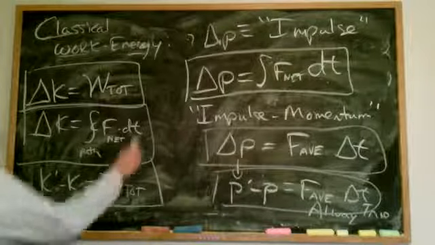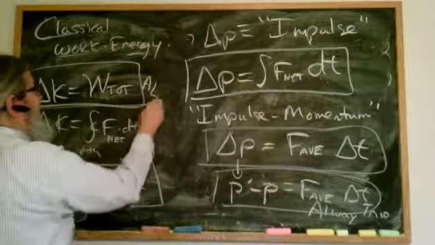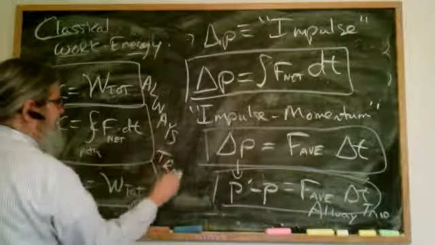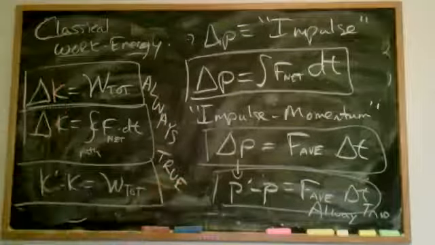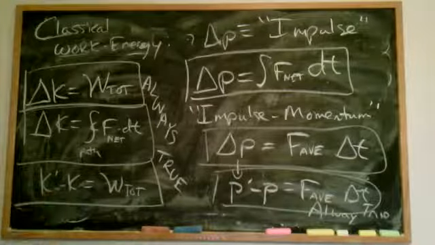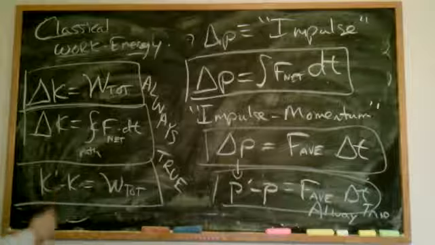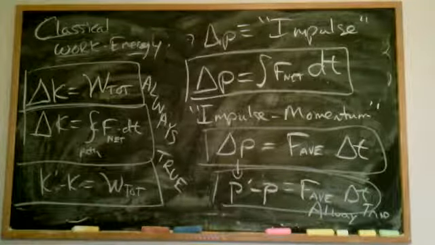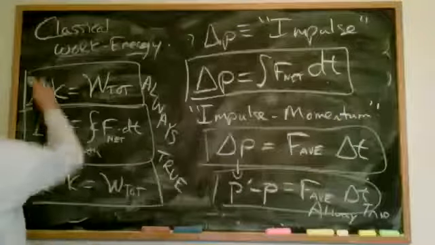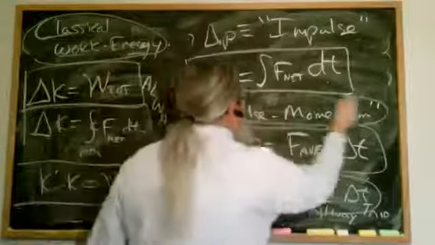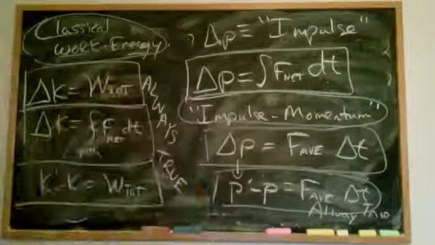And again, the wonderful thing about this is that this is always true. It doesn't depend on the force being conservative or not. If I can calculate the total work, I know the change in kinetic energy. If I can see the change in kinetic energy, I can calculate the total work. So these two relationships, the classical work energy relationship and the impulse momentum relationship, are known as bridge.